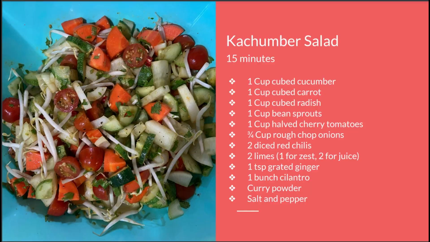The red chili peppers are kind of optional. It's great with cilantro or coriander leaves. Same thing, I found. So with that, and also some lime juice, salt and pepper. It's amazing. So that's what I'm going to show you here, my own interpretation of Kachumber salad. So hang in there and I will show